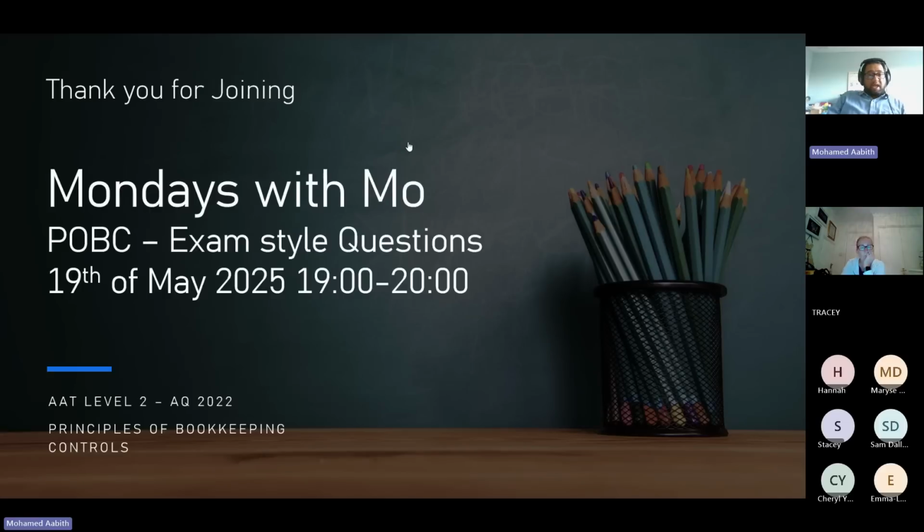We're going to be discussing again exam style questions, which is associated with the POBC unit, the Principles of Bookkeeping Control. As usual, I don't emphasize this enough, because this is one of the hardest units you're going to encounter in your Level 2 qualifications, and most likely the most difficult and technical side of the accounting. Applied in these questions, it will definitely help you with your further qualification, like in Level 3 when